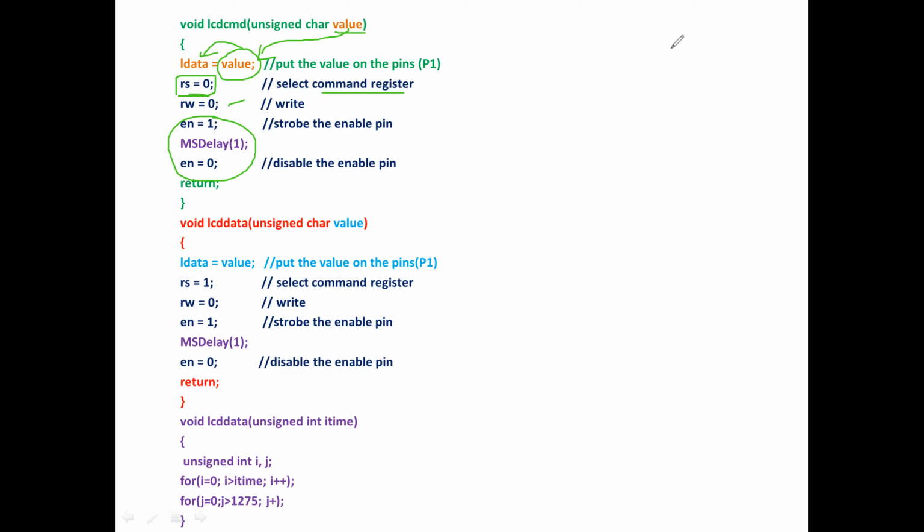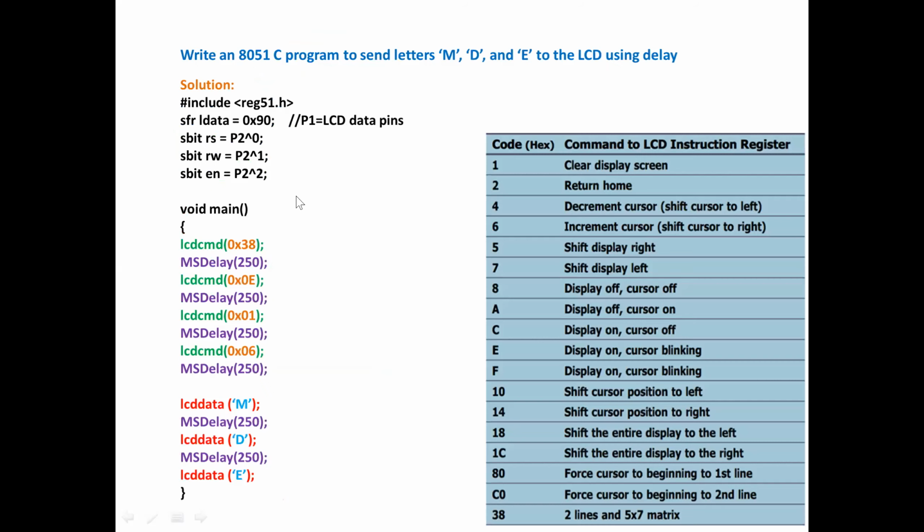So next, after commanding your LCD, now I am going to send my characters. So a different way you can program by sending data. Since it is a simple case, they have used LCD data as a simple function. Function name, you can change it as whatever you want.